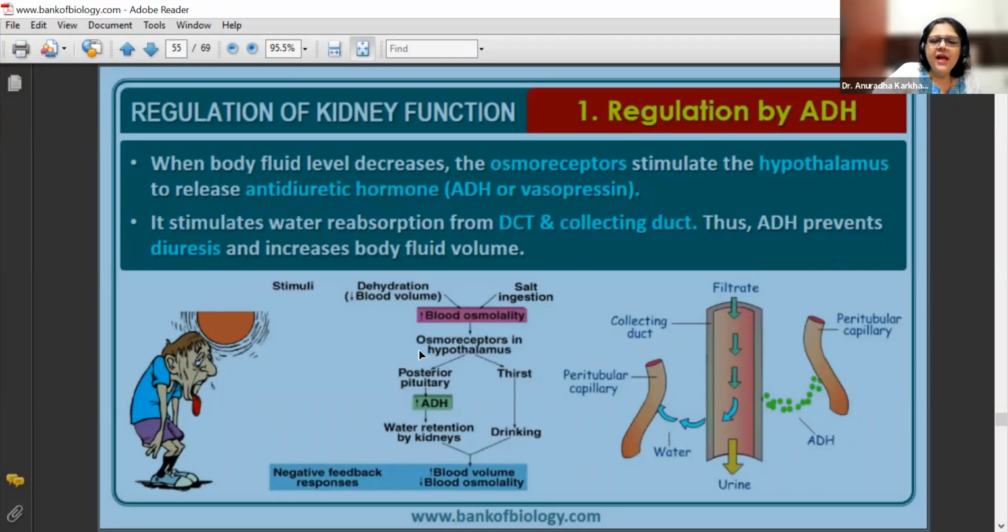See, osmoreceptors in the hypothalamus will get activated. The posterior, you will feel thirsty. If you feel thirsty, immediately drink water, and automatically the blood volume will get neutralized. But if you don't drink water, the pituitary gland will start synthesizing ADH. तो ADH का concentration बढ़ता जाएगा, water retention by the kidneys होता जाएगा, and when the kidneys start retaining water, it is not good. Kidneys are for releasing that water and not retaining the water, but they are forced to retain the water